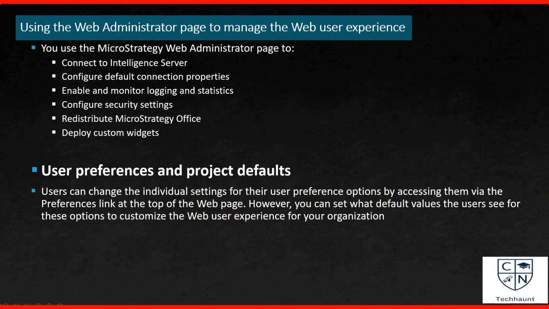Let's suppose there are multiple projects created in your environment, and you don't want the user to see all of them when they just access the web URL. If by default that's how it's configured, and you just open the web console MicroStrategy main.aspx page, you can see all the projects without logging into the web console. But if you don't want your users to see those applications without logging in, then you can make those changes from the user preferences itself.